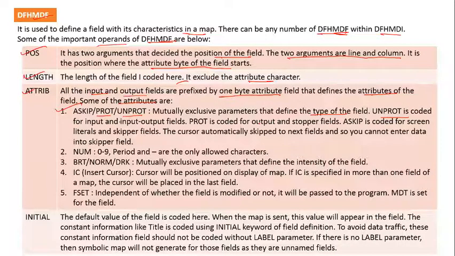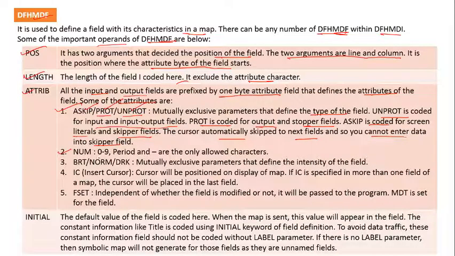UNPROT is coded for input and input output fields, and PROT is coded for output and stopper fields. ASKIP is coded for screen literals and skipper fields. The cursor automatically skips to the next field, so you cannot enter data into a skipper field. This is for protected and this is for unprotected. This is for skipping that field, so your cursor does not reach that field.